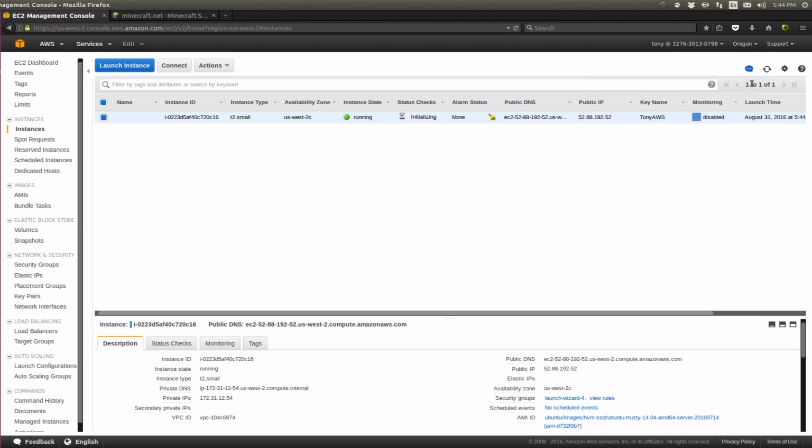We can see that our instance is running. So next up, we're going to want to connect to the server. There are multiple ways to do this. We're going to connect using SSH. Now, if you're on Windows, you're going to use a program called PuTTY or Kitty or an SSH client of your choice. For Windows, I would recommend PuTTY, as I've used it and I know it works. And then if you're on Linux, you can just open a terminal